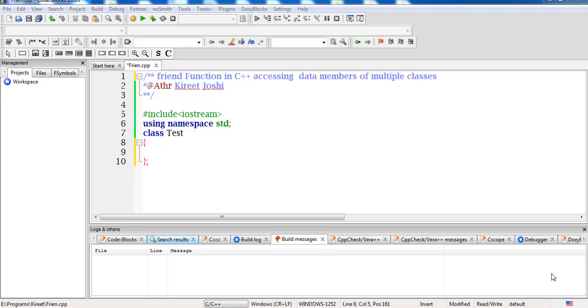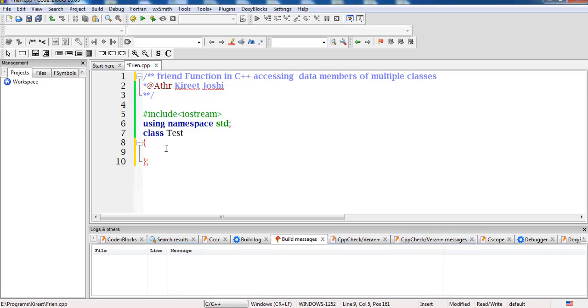So based on that particular concept, we will be creating a program in which I am having two classes. In one class there is a data member and in another class there is a data member. So the friend function must try to access both these data members and it will give the sum of these two data members from these two different classes. Now the condition is the first class should not access the data member of the second class, but it will be accessed indirectly with the help of a friend function and the sum of the result will be printed. So we'll just see the scenario.